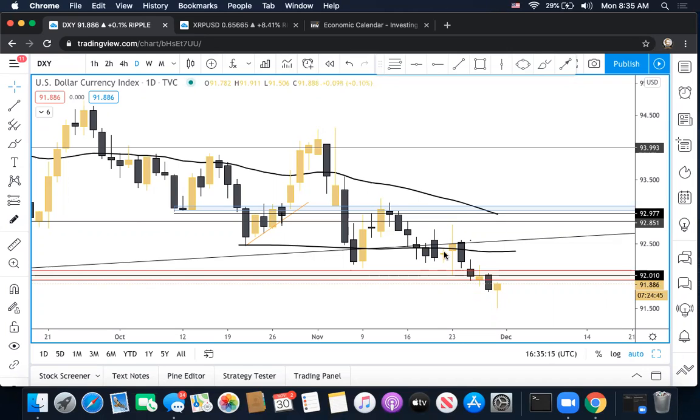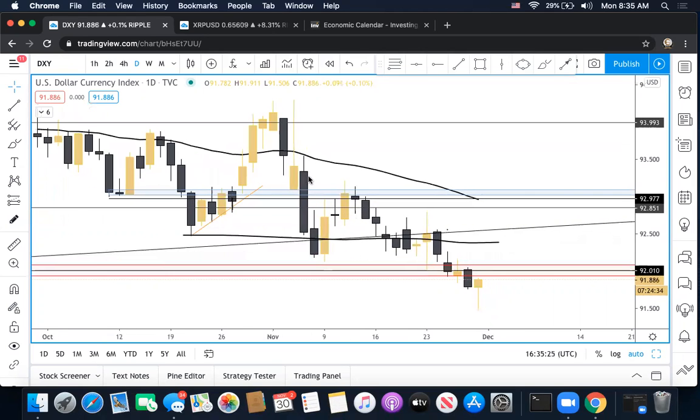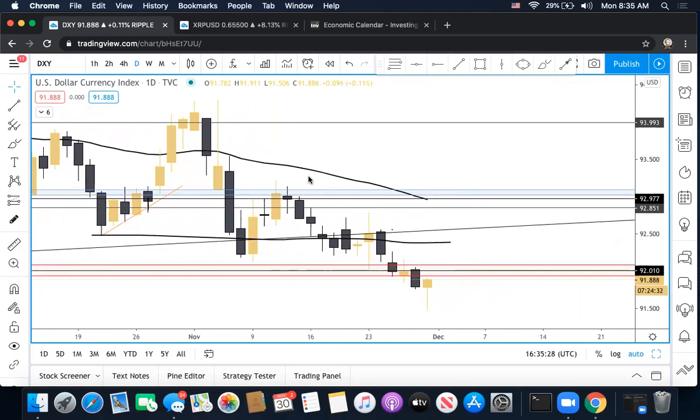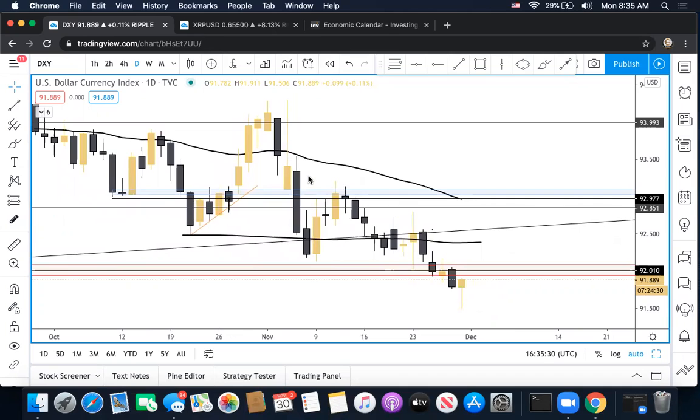I'm Ryan Small, founder of Epic Analysis, and on Mondays I like to just give my overall analysis on potential setups that I'll look to trade for this current week. So right now I like to give an overall base of the dollar index because the USD is one of the most favorable traded pairs.